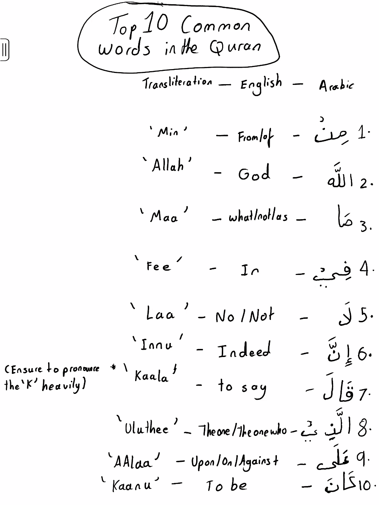And the last word, kana. This word is a very important word. It means the verb to be. I won't go into the conjugation of verbs yet because it can be complex, but just remember that this verb means to be. So I think we can agree that these words are the foundation for understanding the Quran and reflecting on its teachings, considering that these 10 words translate to approximately 25% of the Quran.